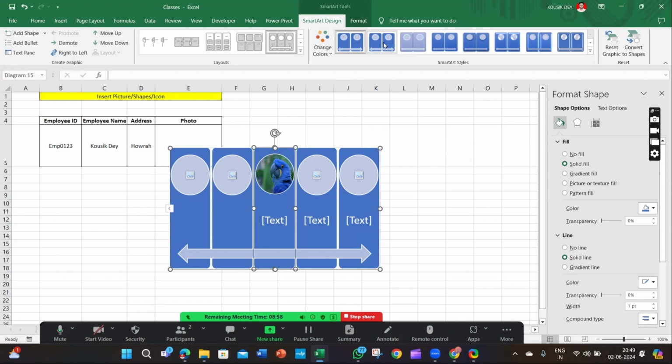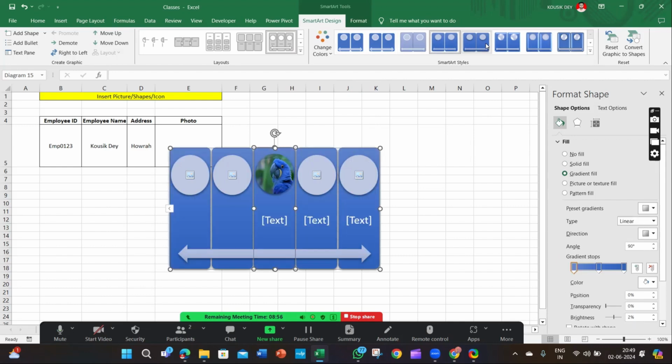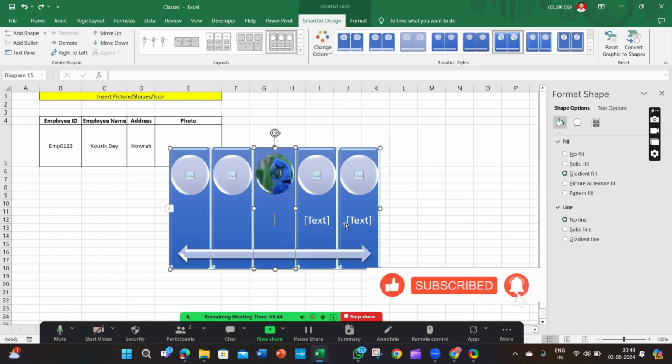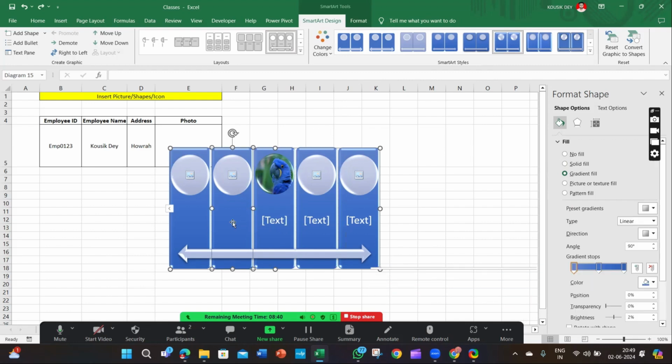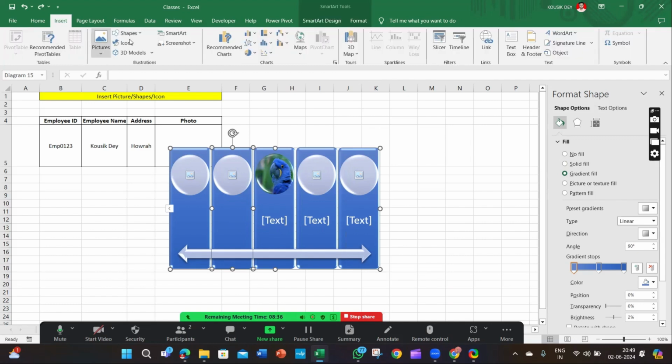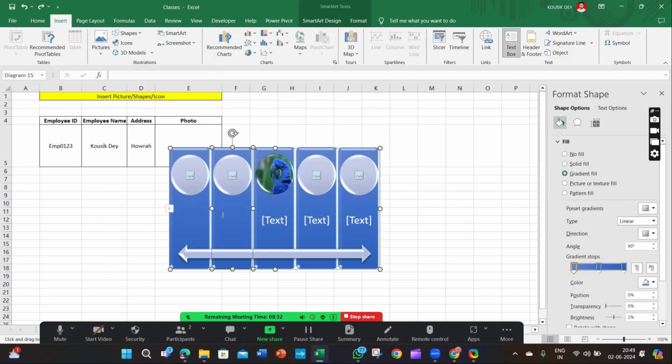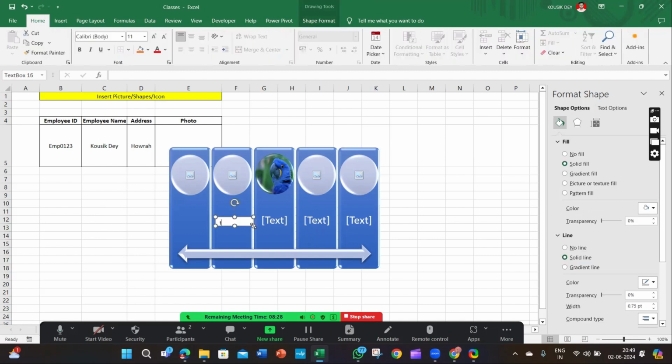So in this way you may design the shapes to make your presentation. Yes, one by one it will be added. Sorry. And if you want to add text, a text box is available here, but here it is not available. So if you want to add a text box, what you need to do is go to Insert, and from there you may select a text box and give any text.